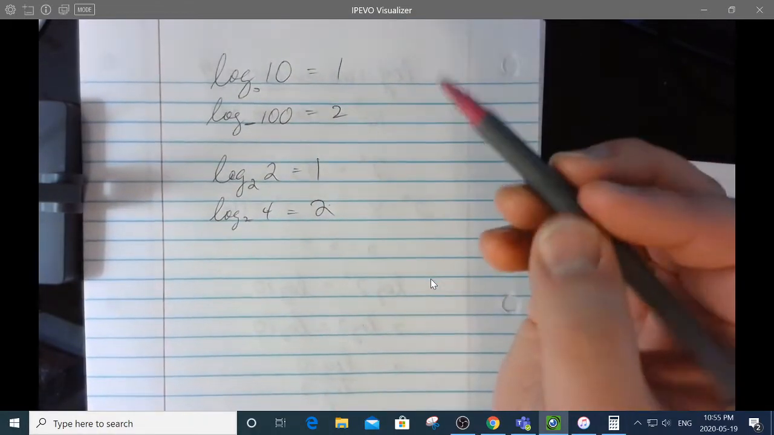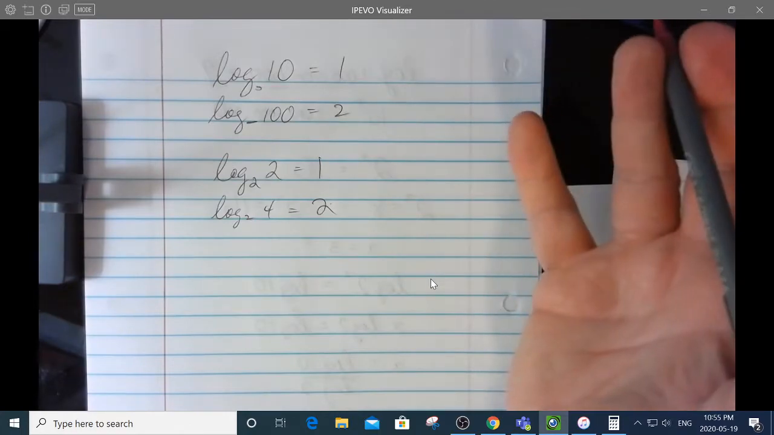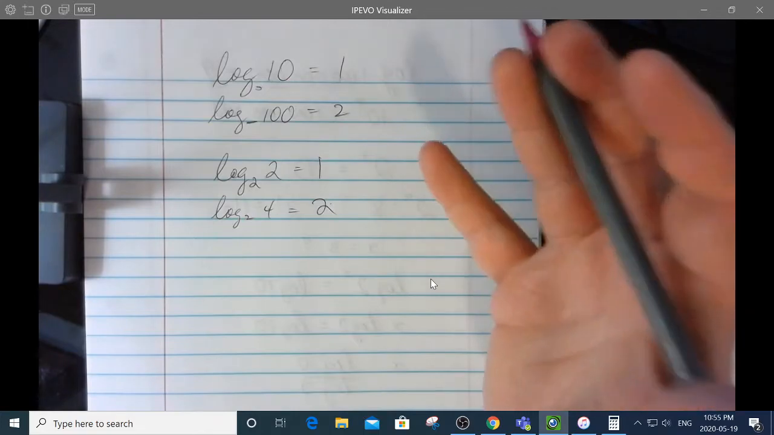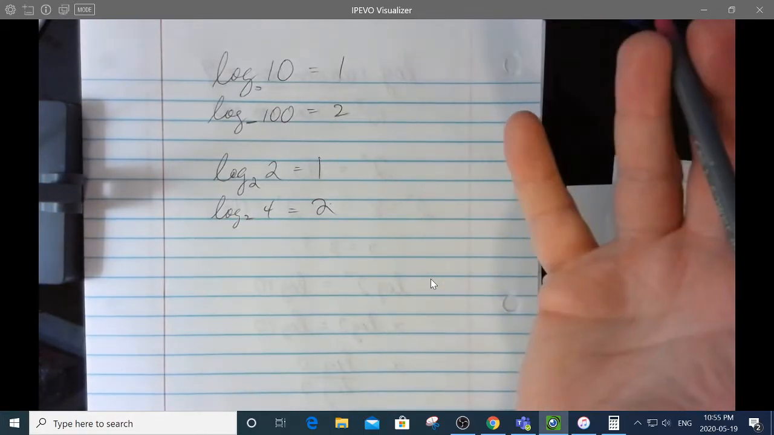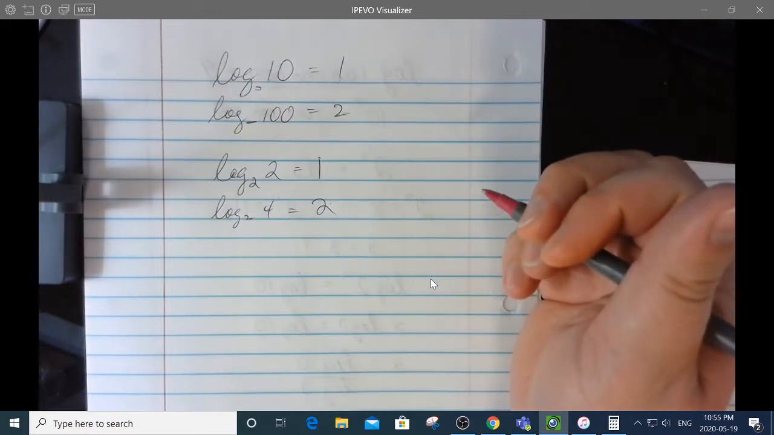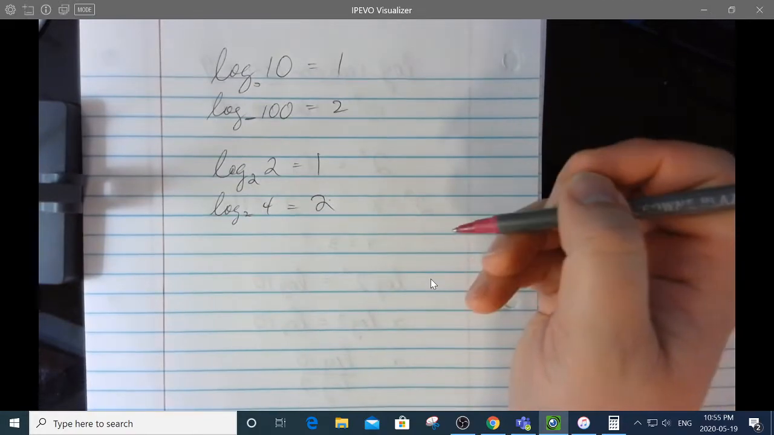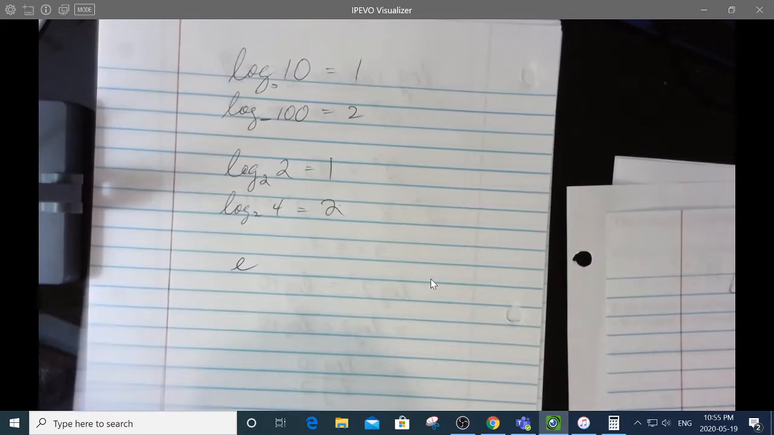But the most common base that pops up in the sciences, and not just the hard sciences like physics and chemistry, but also the social sciences, where you talk about population growth, even in the business world, when you talk about interest rates and growth of wealth, the most common base, oddly enough, is this weird number e. So going to our notes, e,